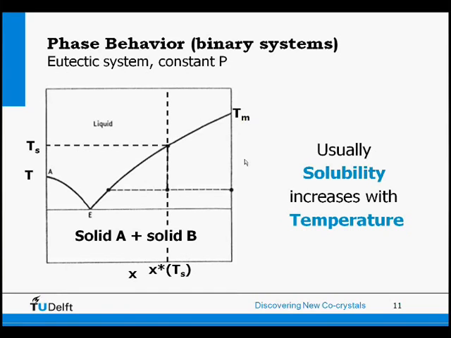of the solid B. So if we are at very high temperature at a specific composition, for instance the temperature and composition I indicate with the mouse arrow, and then if we cool down, we will cross the solubility line, and at some point we will start crystallizing, and then you form your crystals and you have crystals in a suspension.